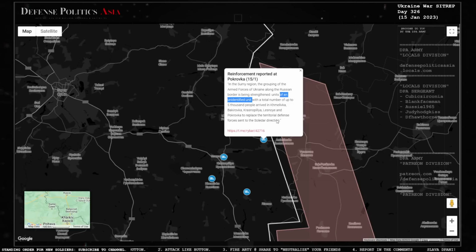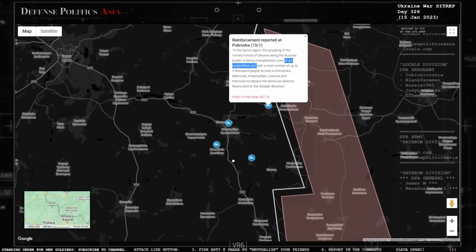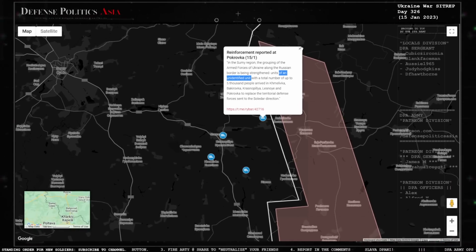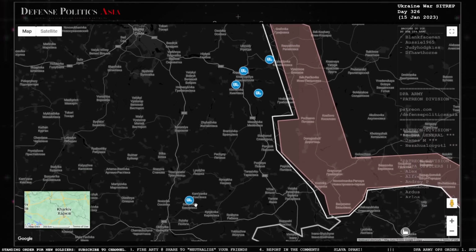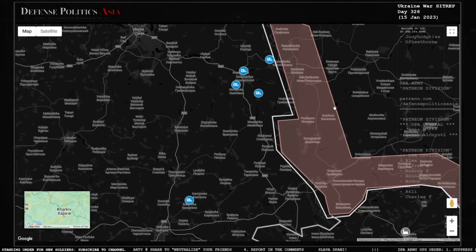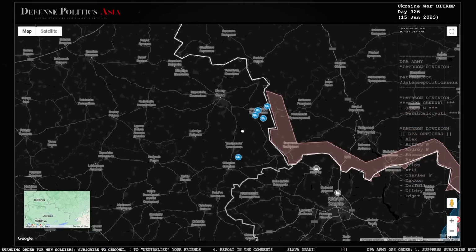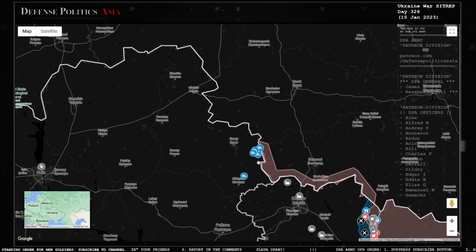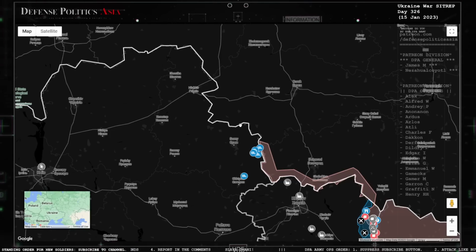These troops are here to replace the territorial defense that was sent towards the Soledar direction. So maybe these are also territorial defense forces, but we can get a sense that within this region, in the southeastern part of Sumy, there are 5,000 troops. So if we multiply this by the distance along the border,